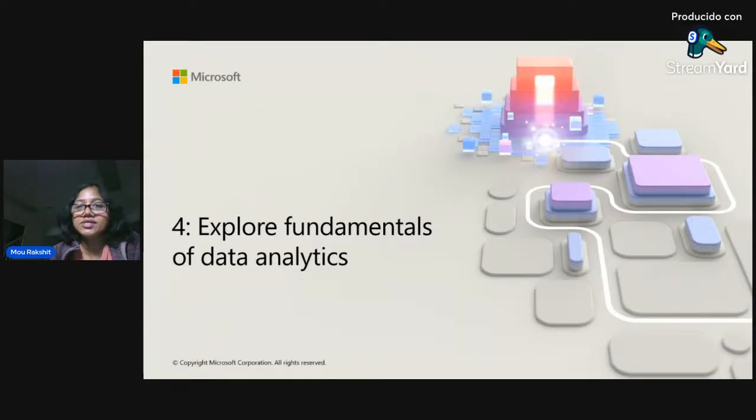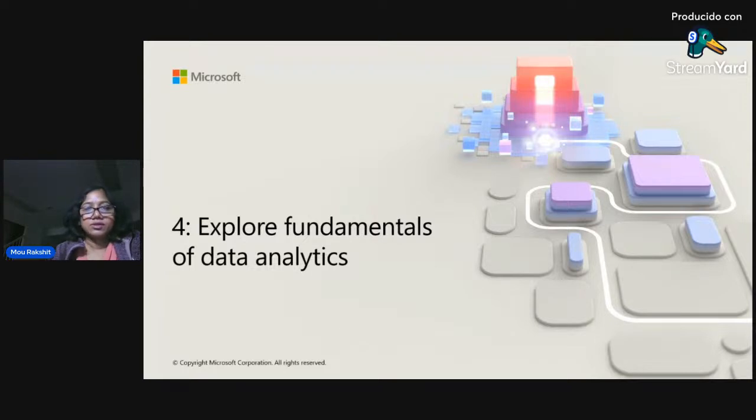And then the third one is data visualization. Obviously, for the analyst or even business practitioners or anyone, a human being consumes the information best through visualization, right? So visualization helps you to get to the insights from the data. So we're going to cover a little bit on that one as well.